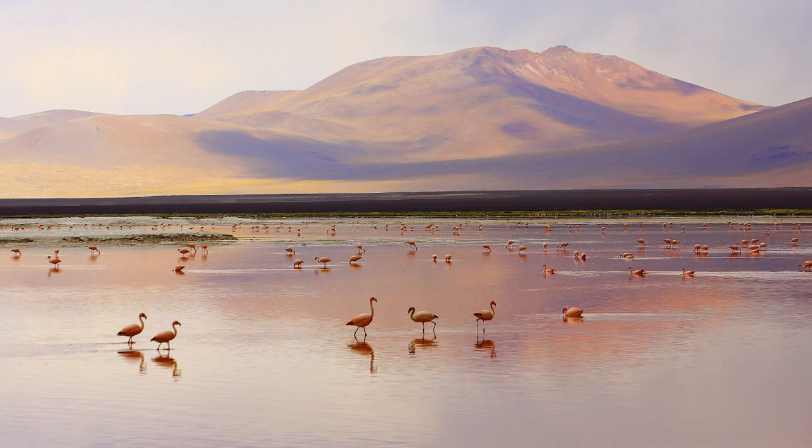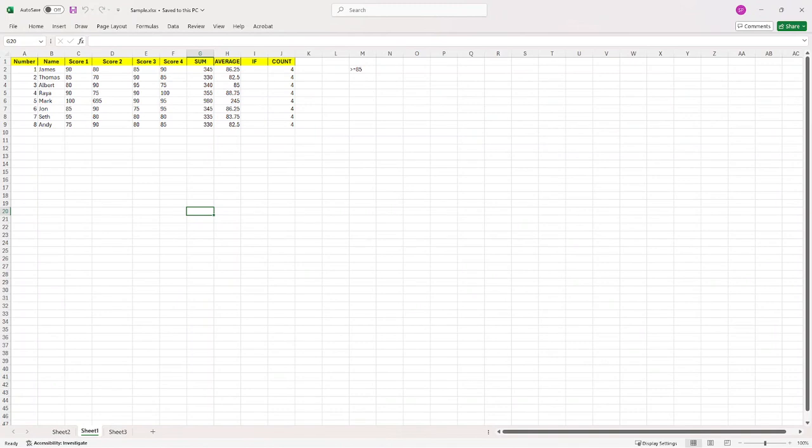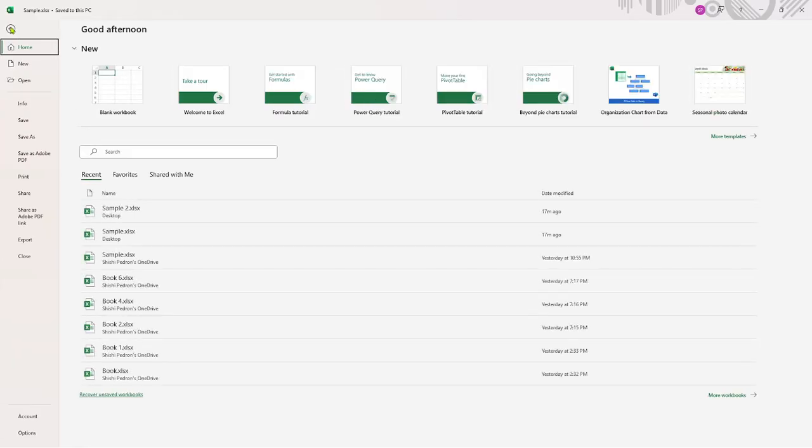First, you'll want to start by opening Microsoft Excel on your computer. Now, this step might seem straightforward, but it's a crucial starting point. Once Excel is up and running, direct your attention to the top left corner of the screen. There, you'll notice a tab labeled File. Give it a click. This will take you to a new menu screen that hosts a variety of different options